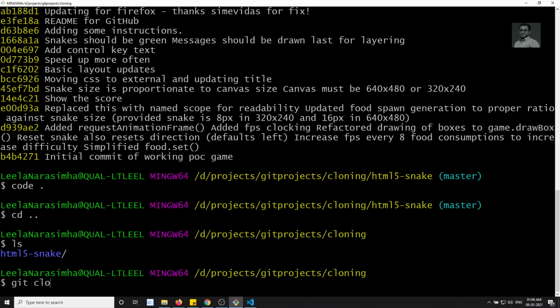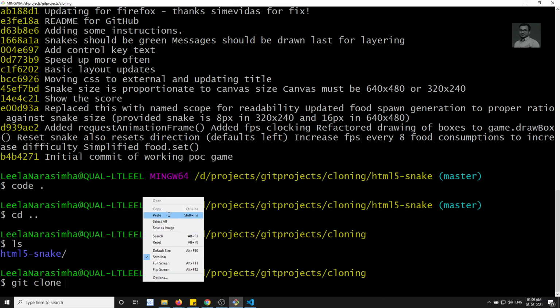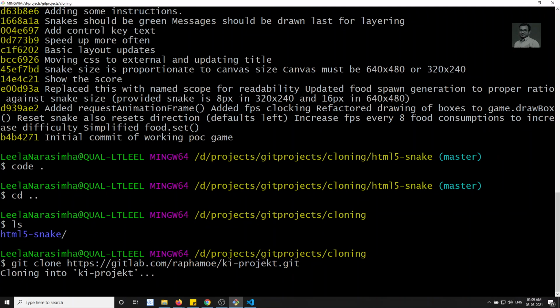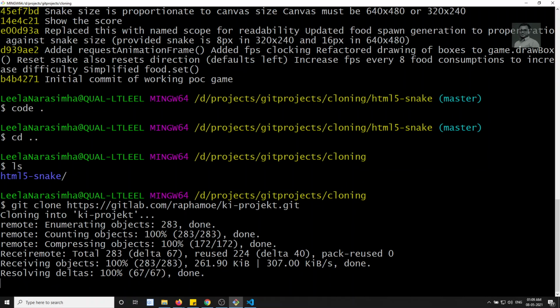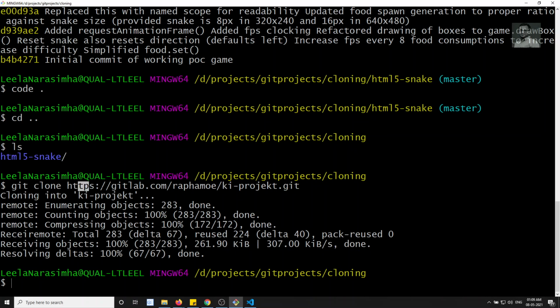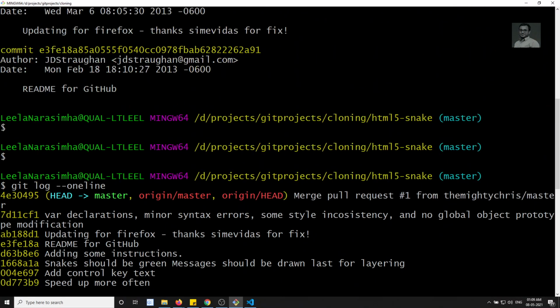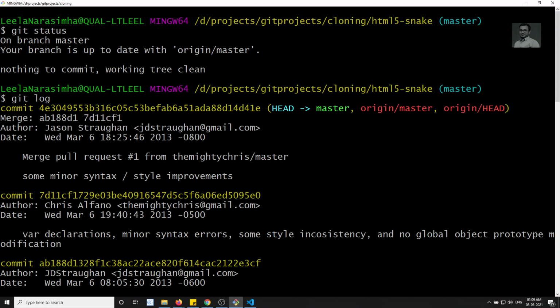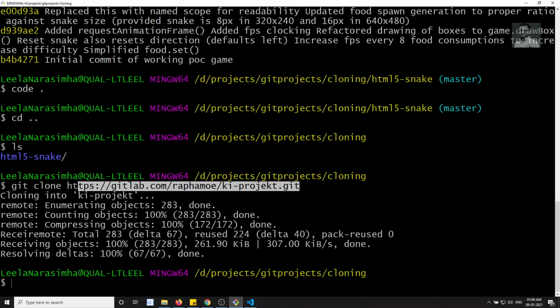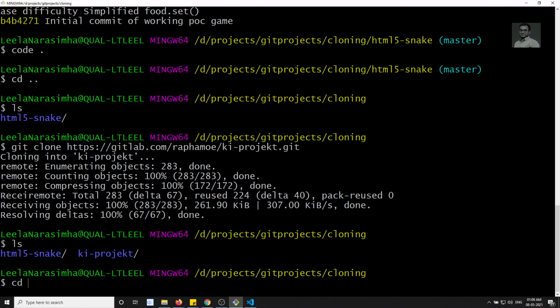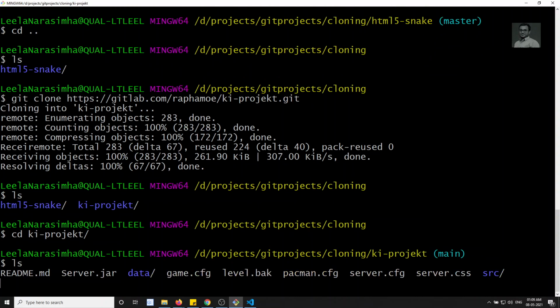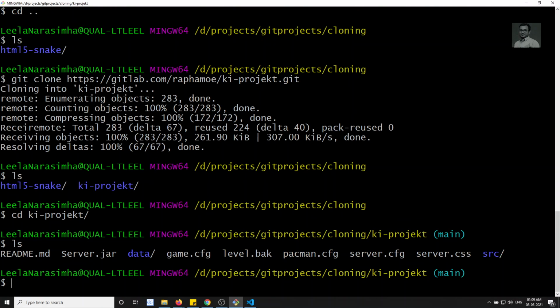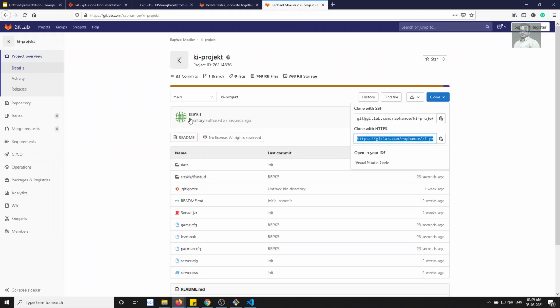Now git clone, and here I can paste this URL directly, and I am able to clone this project. So we have successfully cloned the project from GitLab. The URL I have pasted is different from the URL I pasted previously: that one is a GitHub URL, and this is a GitLab URL. If I go to KA-project and run ls, you will be able to see the files. So this is how you clone a project from remote repositories, whether GitHub, Bitbucket, GitLab or any self-hosted service.